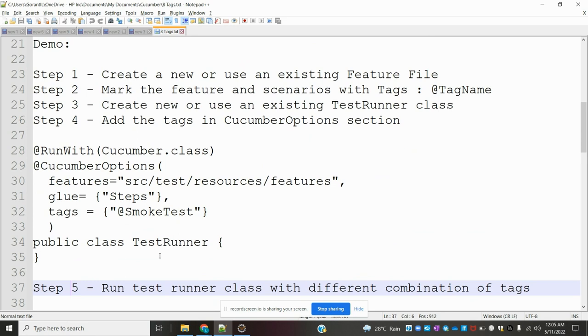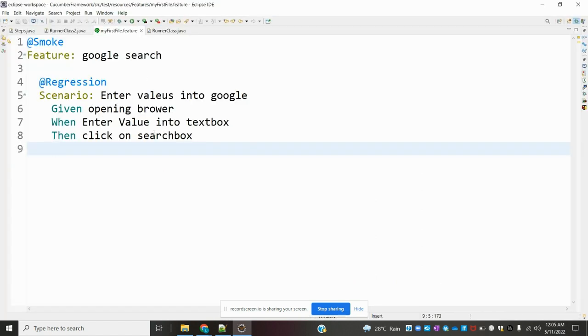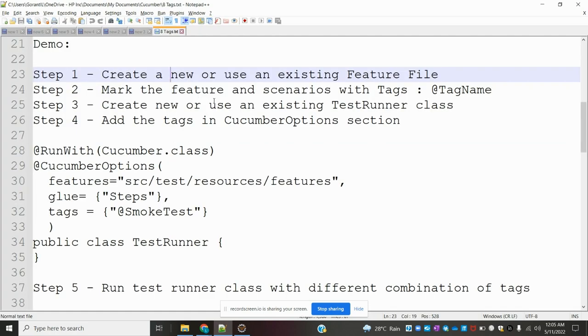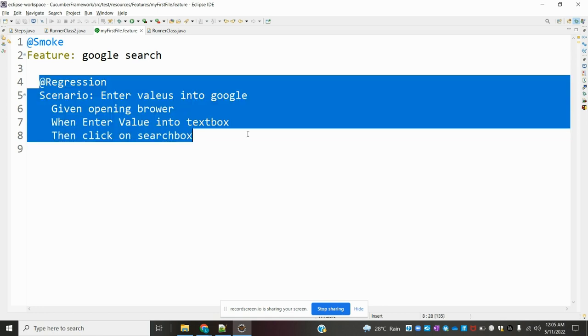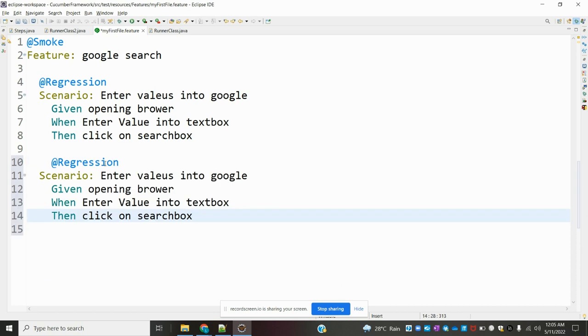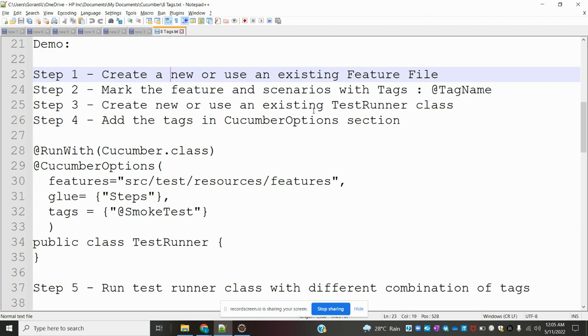First, we need to create a new class or use an existing class. Now I'm going to take an existing class; you can create a new one and try it. This is the feature. The second step is to add the tag. I added one tag, and for another scenario, the same scenario, I'm going to paste it here but without a tag. Now